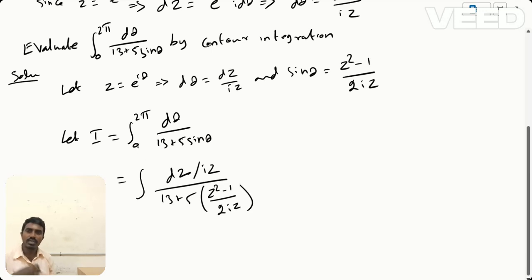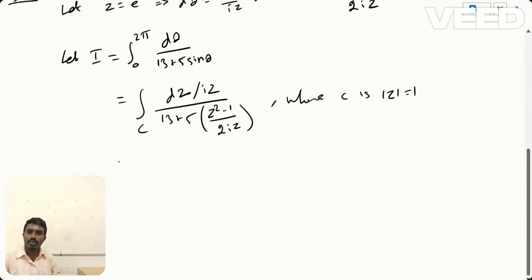Now the limit 0 to 2 pi will become integral over C, where C is mod z equal to 1, that is the unit circle. Now simplify this. Then what do you get? Integral over C dz by iz by 13 plus